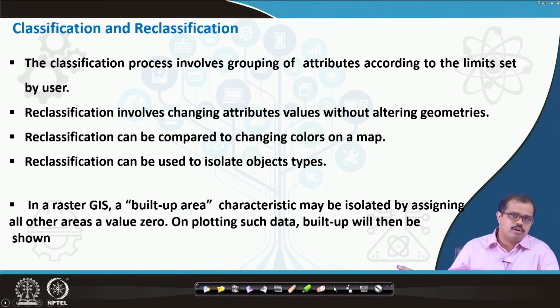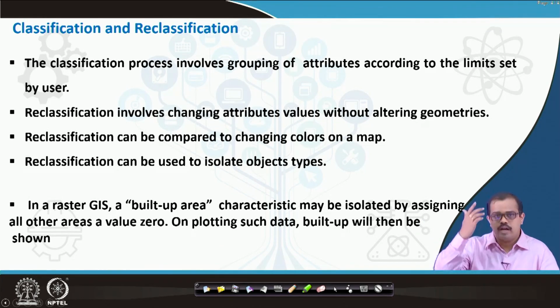A huge number of classification systems have been developed over a period of time for such classification, and similarly you have other types, which are called land cover, land use, etc. So this is about your raster data. I would not get into all those classification techniques.